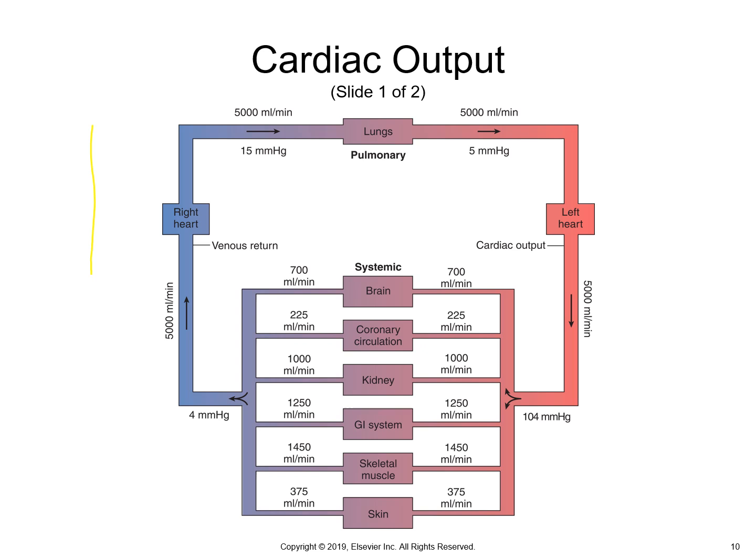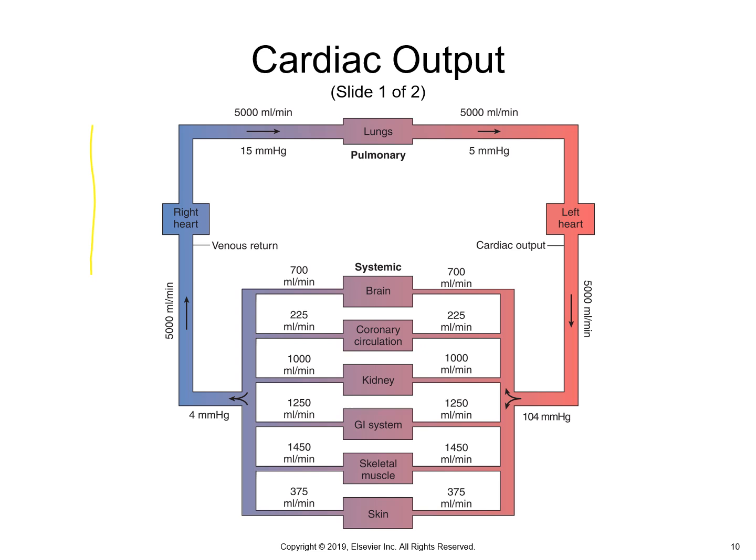The GI system, meaning our digestive organs, receives 1,250 milliliters per minute. The skeletal muscles receive 1,450 milliliters per minute. That can be higher during exercise. And the skin receives 375 milliliters per minute,